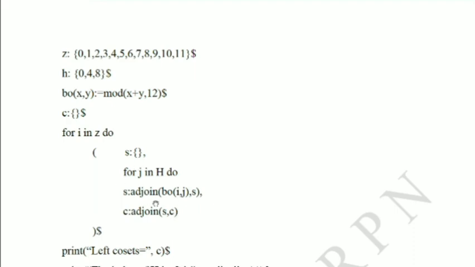Now after this, J has taken all the values of H. So the loop comes out. It is coming out of J. Now your I shifts to 1, and this will run again. J takes initially 0. So binary operation of 1 comma 0, which is 1, and that will